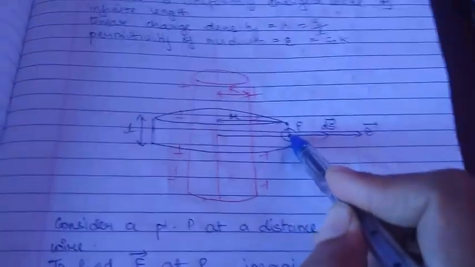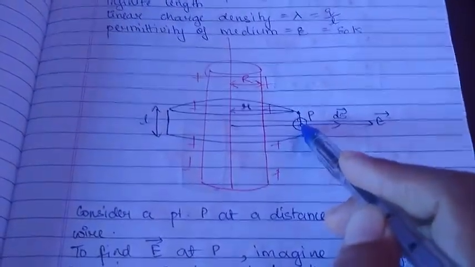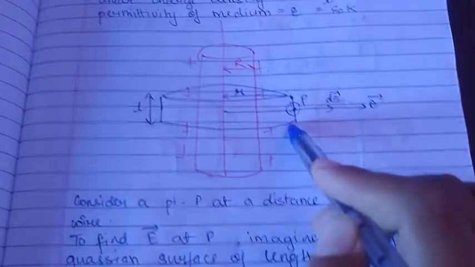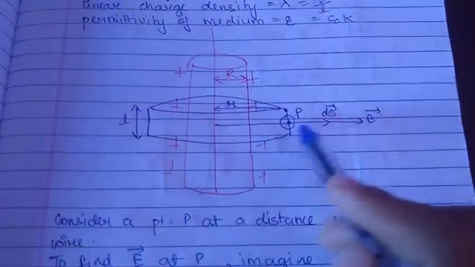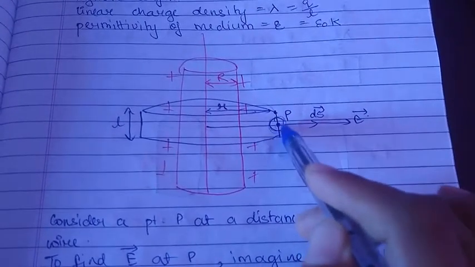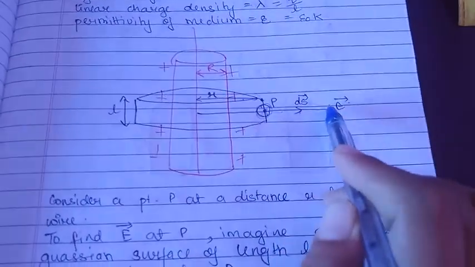Now as you have to apply Gauss law in this case also, consider a Gaussian cylindrical surface passing through this point P. So this cylinder is actually a Gaussian cylindrical surface which is passing through point P having the length L and the radius r. Now to find the electric field intensity at this point P, consider an area around this point ds. In this case also, theta will be equal to 0 because ds and E are in the same direction. So similarly you will get E dot ds is equal to E ds.